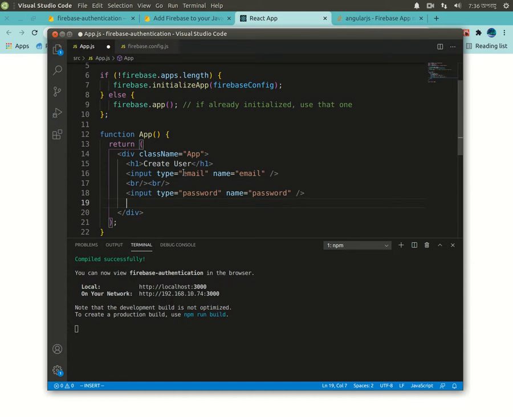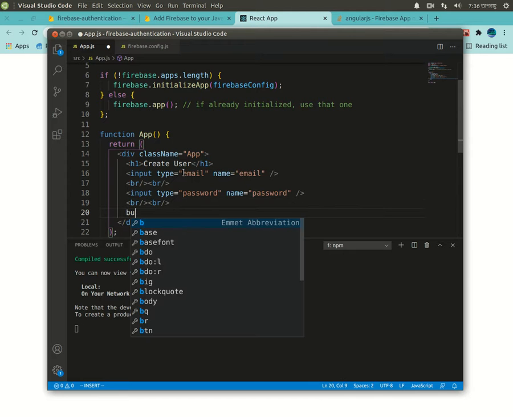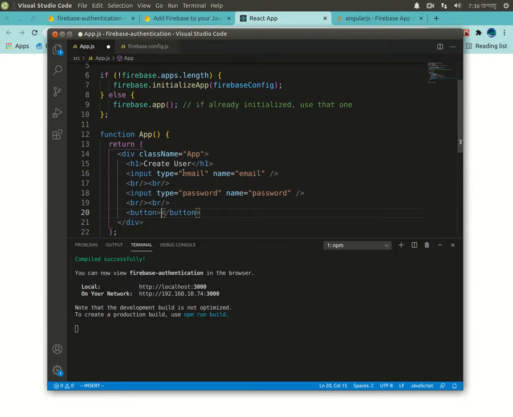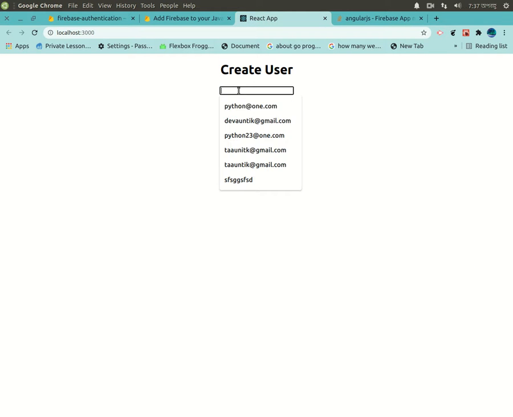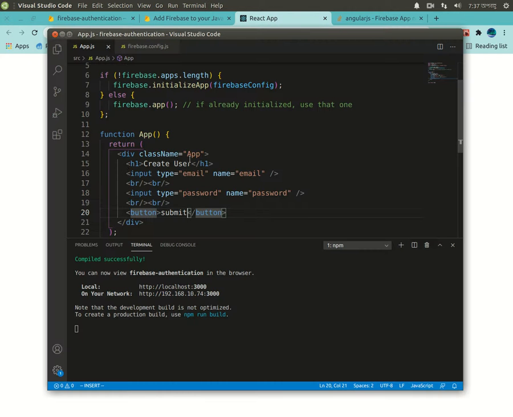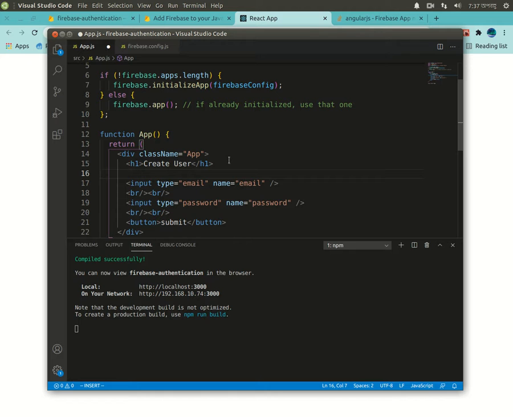And we're gonna have a button in here. Button. And that is gonna be submit. Okay. Now if we do submit, it's not gonna work, but to do that we will just want to